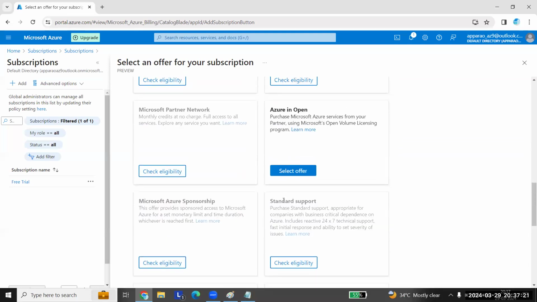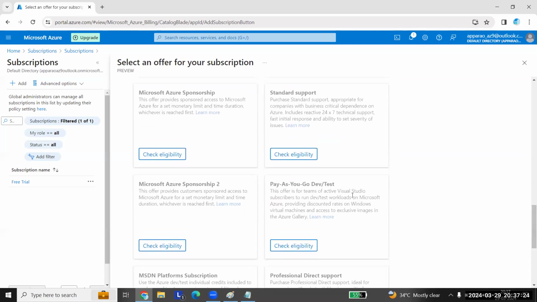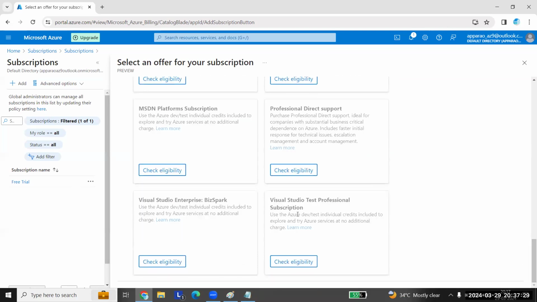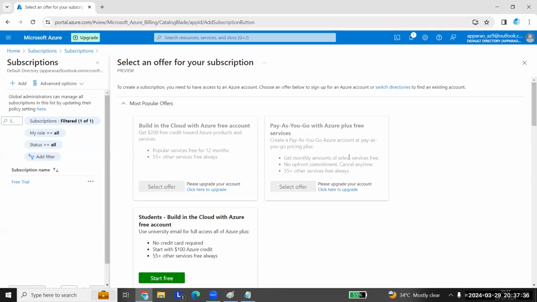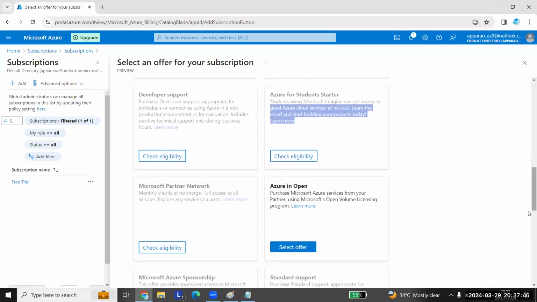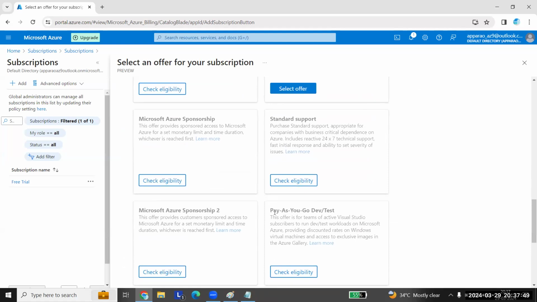You see standard support, right? So you see dev and test subscription, and here you see professional direct support, right? So these different types of subscriptions are available. When a customer starts working in the cloud, they'll take this type of subscription mostly because you work on dev and QA, right? So you'll go for dev and test here. So what happens if you go for this? The price would be lower there because you are working on development. So when you start a project, right?